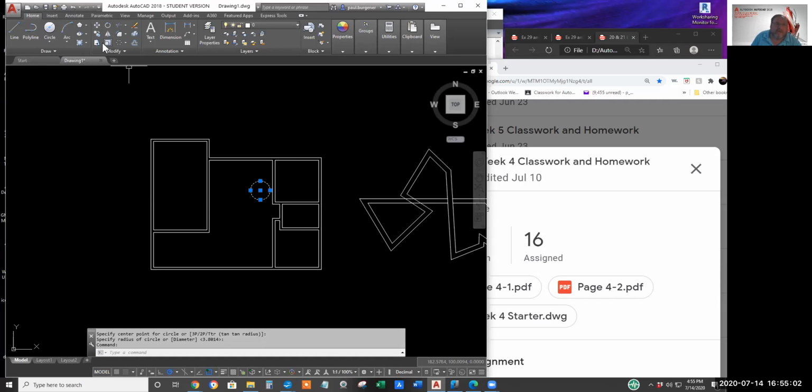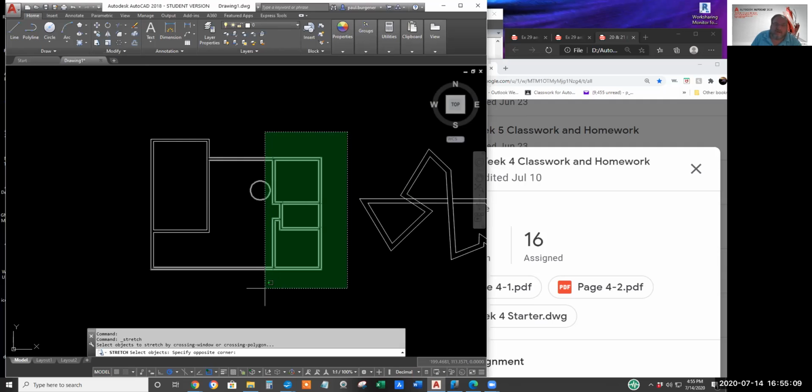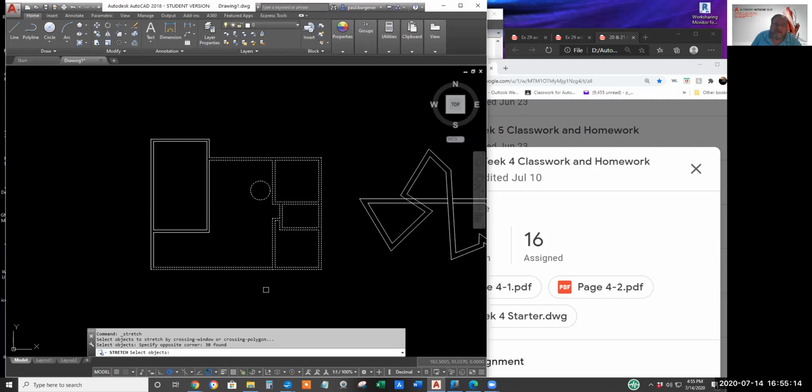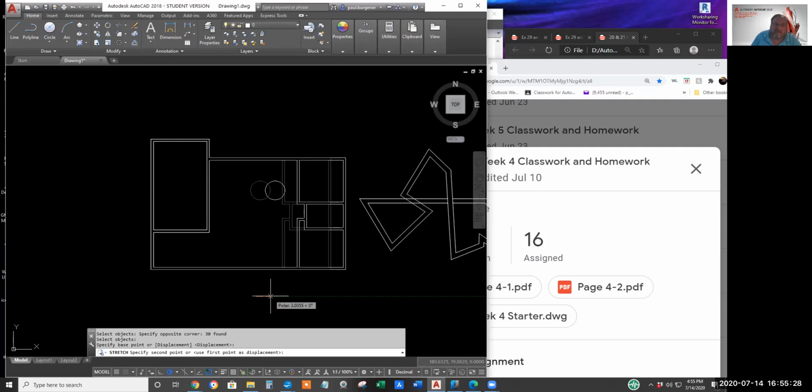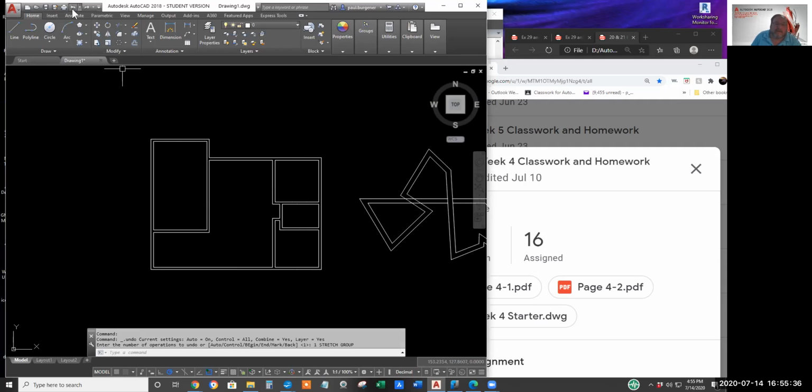If your crossing window for the stretch command is, whoa, escape, stretch. Do not include the center of that circle, then the circle will remain stationary and not move. Stretch it again, including the center of the circle. And the circle moves. I'll undo to get back and delete the circle.